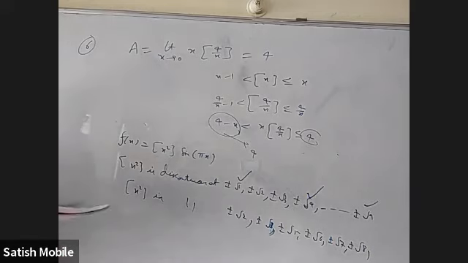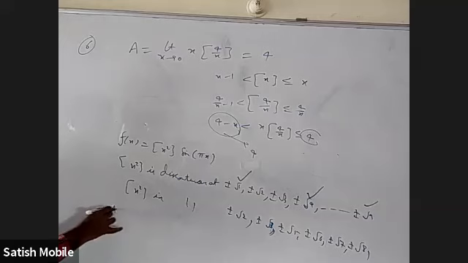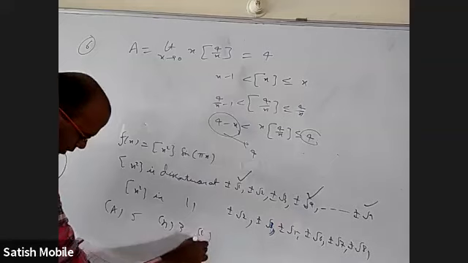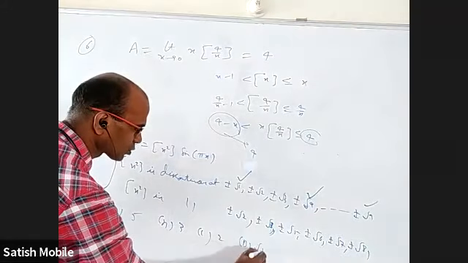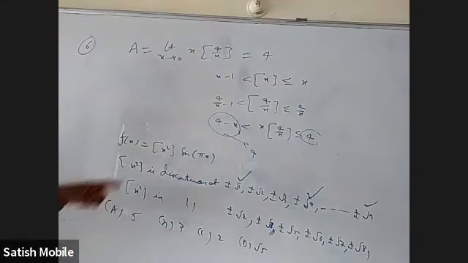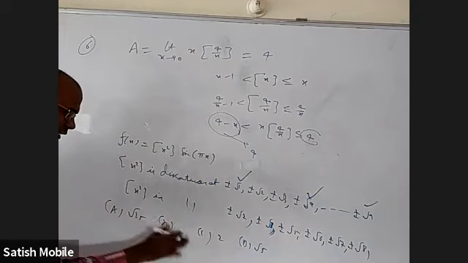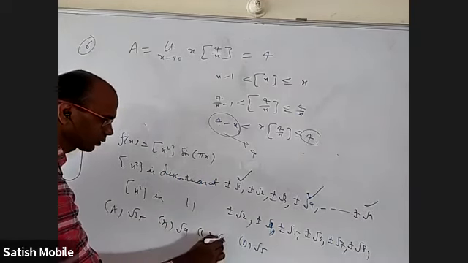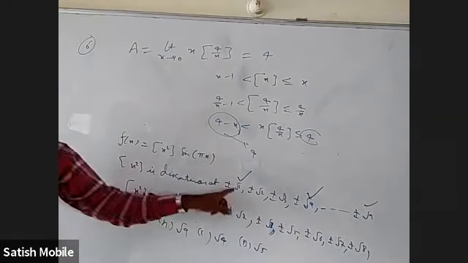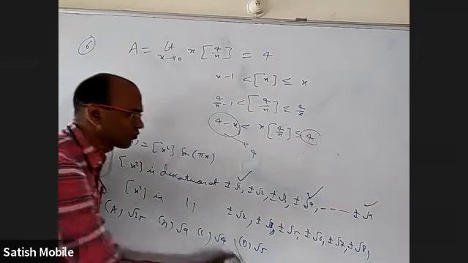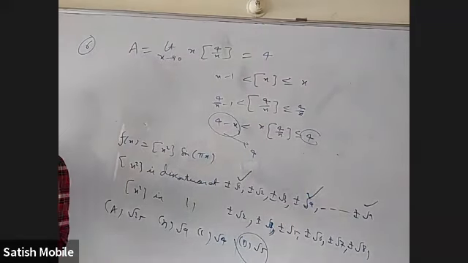The different options indirectly are given as option A is 5, option B is 3, option C is 2, option D is root 5. At which of these places is this discontinuous? These are all integers. You can even write root 25 if you want. Actually they gave root 9 and root 4. At all these places, square root of a perfect square, it is actually continuous, but at root 5 it is discontinuous. Is it clear? Okay.